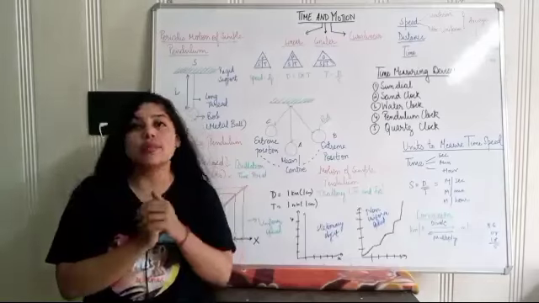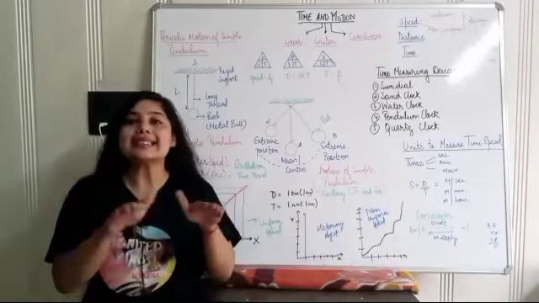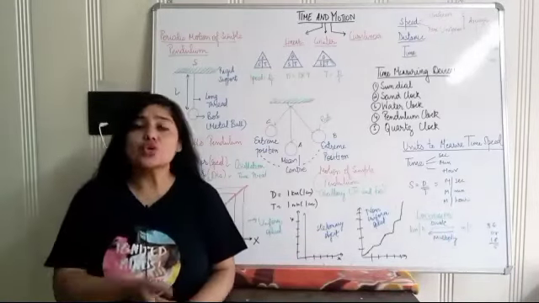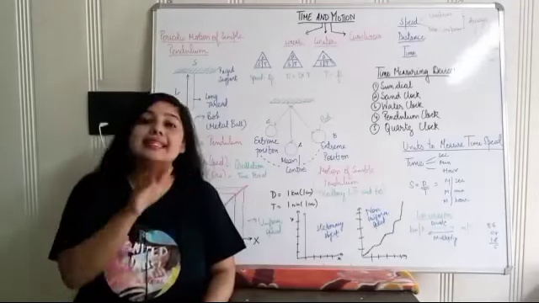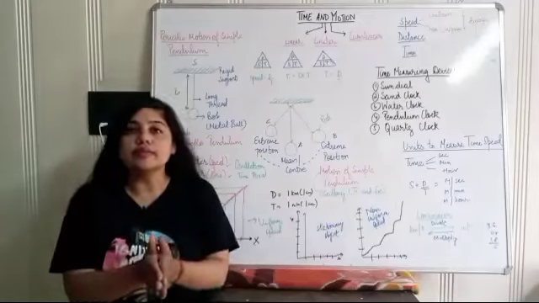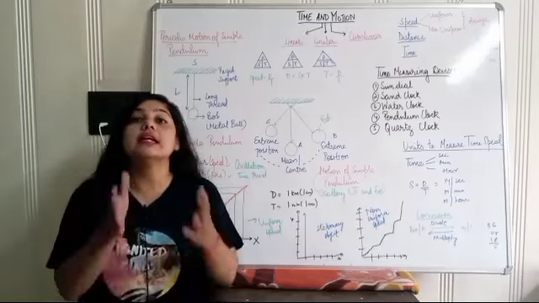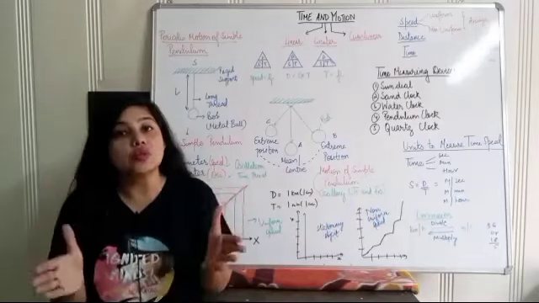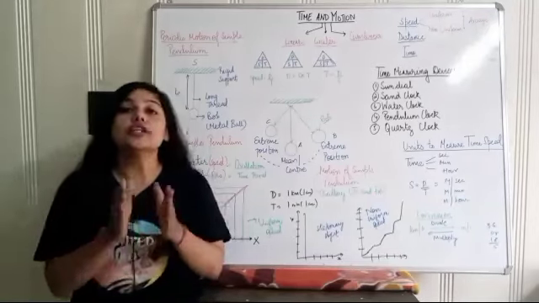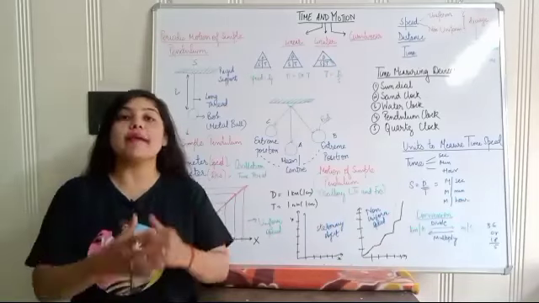In the next 5 kilometers also it was 10, and till the 50th kilometer my speed was constant, that means it was 10. So when the speed is constant or when it is equal, it is called uniform speed. Non-uniform is the opposite of uniform speed. That means when the speed is not similar or equal, when it is unequal, then it is going to be called a non-uniform speed.